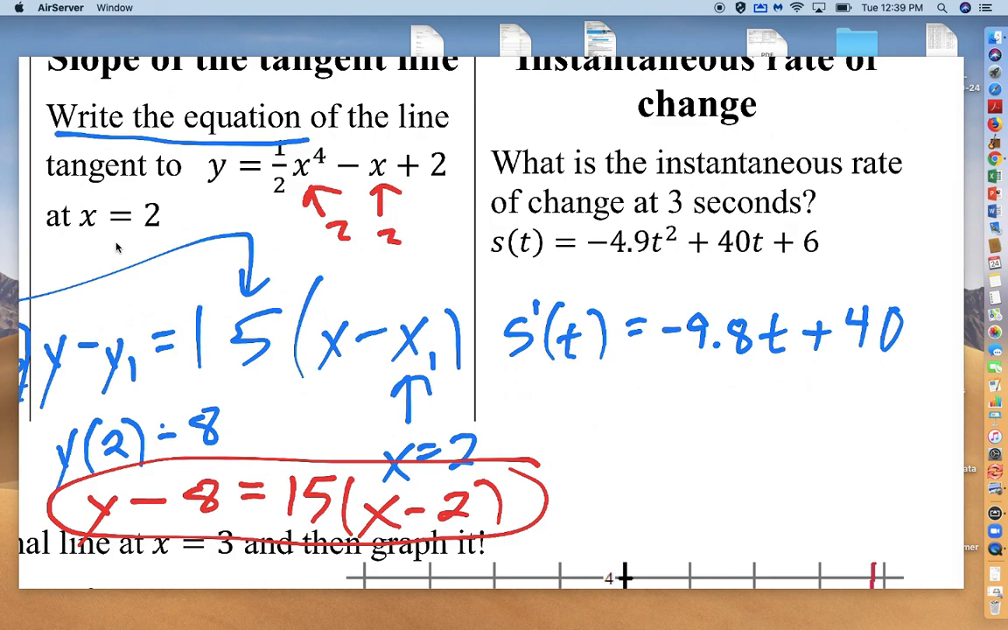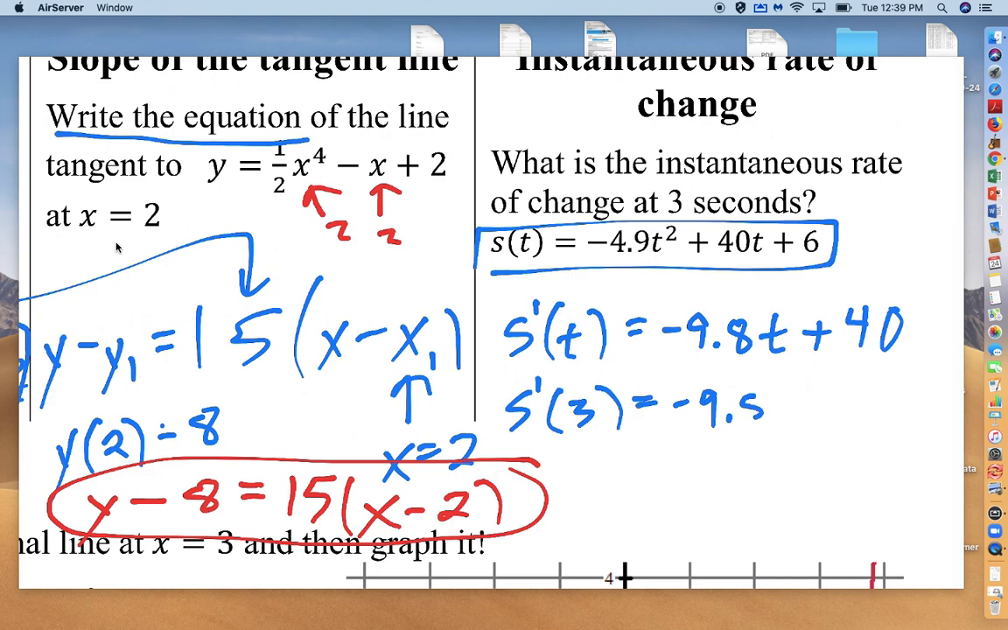And then we're going to put in 3 seconds. How fast is this thing moving? This is just the position, the location of it. S prime is giving us how fast it's moving at any given time, and the time we want is 3 seconds. I'm going to put that in, plus 40. And if you multiply all that with your calculator, negative 9.8 times 3 plus 40,